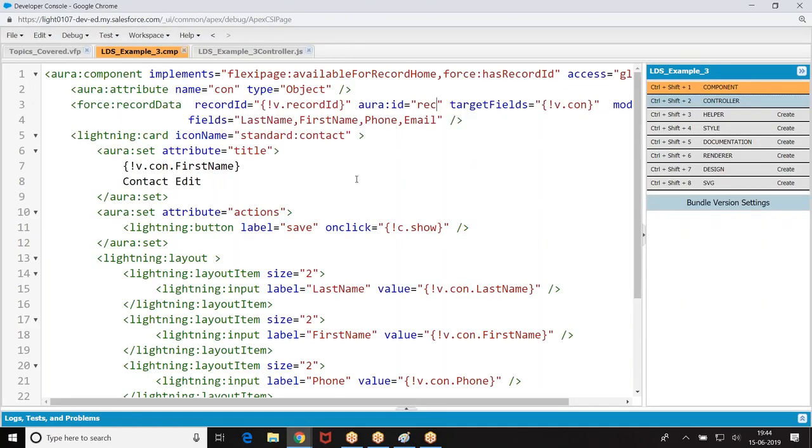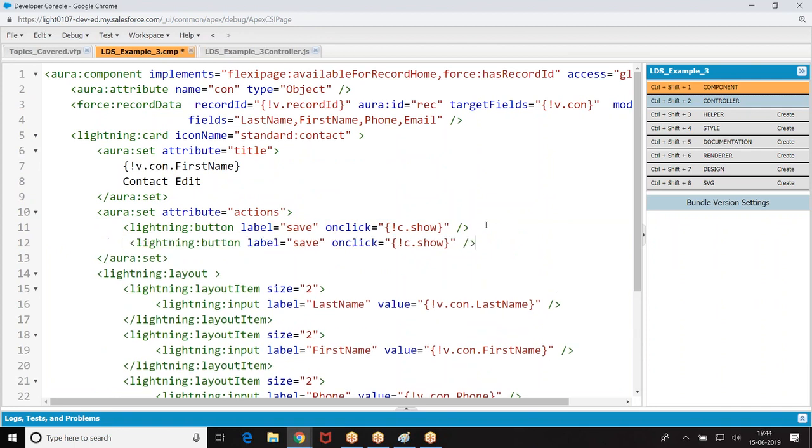What is the story here? You are trying to add one extra component here. What was the component? Lightning button, save. Lightning button, delete.